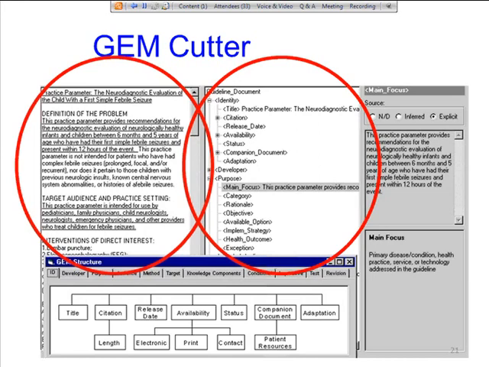GEM Cutter systematically takes that text, parses it, dissects it, puts it in labeled bins, but it doesn't decide what ultimately to do with that parsed text. The parsed text is up to decision support designers. So it creates an intermediate representation between the narrative guideline and the decision support system that you'd really like to have. So you've developed, ACIP has developed decision support to help